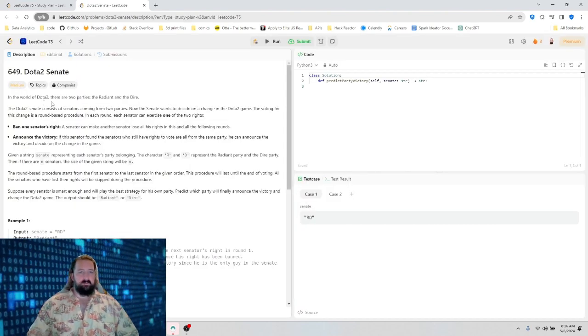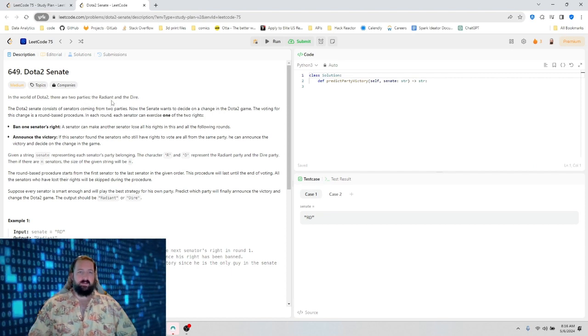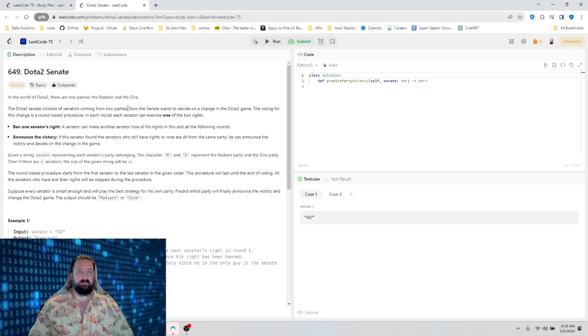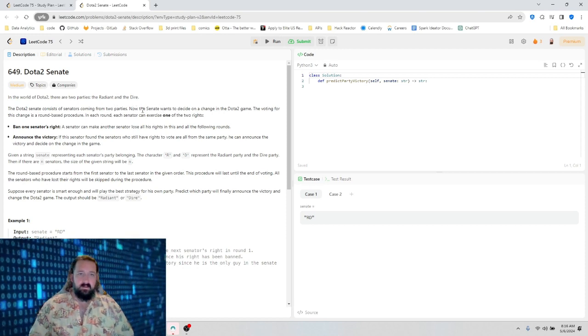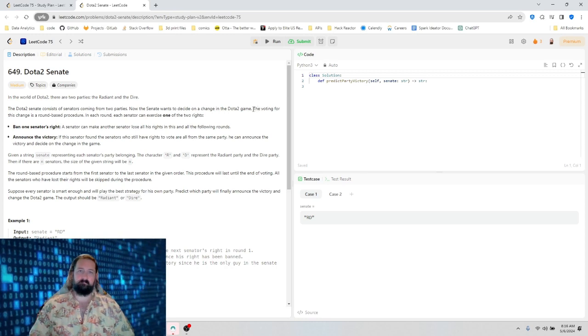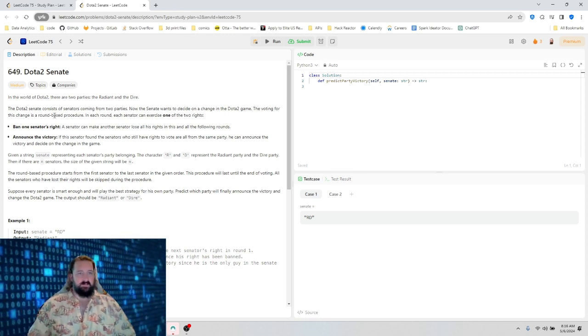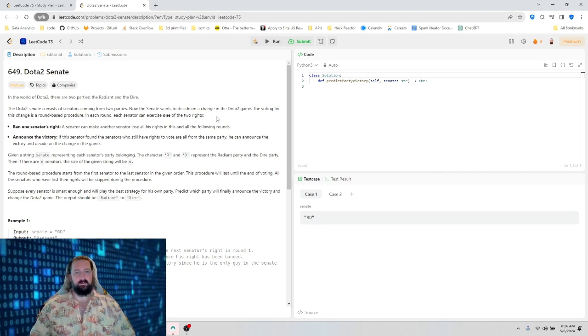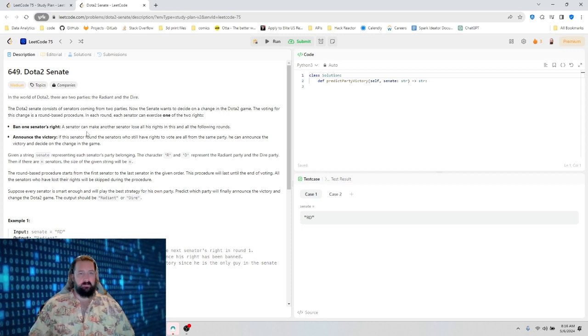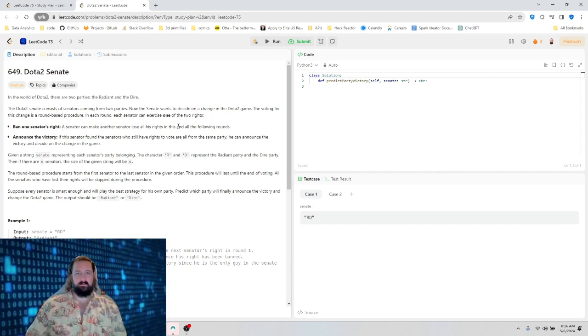In the world of Dota 2, there are two parties, the Radiant and the Dire. The Dota Senate consists of senators coming from two parties. Now the Senate wants to decide on a change to the Dota 2 game. The voting for this change is a round-based procedure. In each round, each senator can exercise one of two rights: ban one other senator, making that senator lose all rights in this and the following rounds,